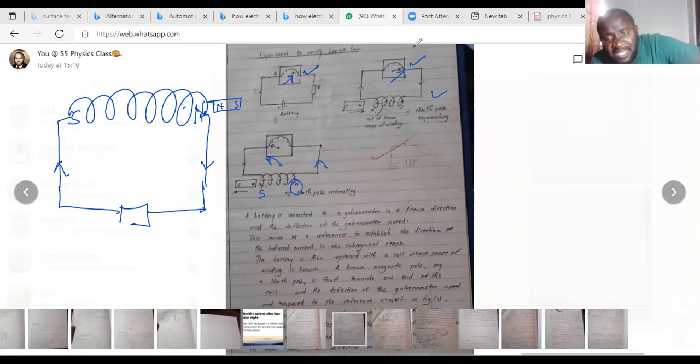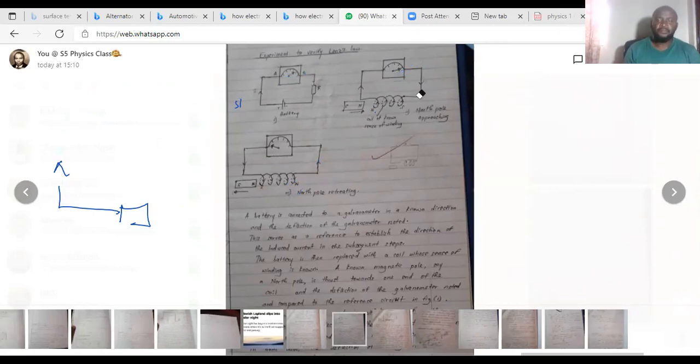So those three images are showing you how the deflections are realized. And with that, we will be verifying what we call Lenz's law. So for the write-up, you'll go through the write-up I've sent, but the explanations do not differ from what I've just said, unless someone has a question on this verification. If there is no question on this verification,